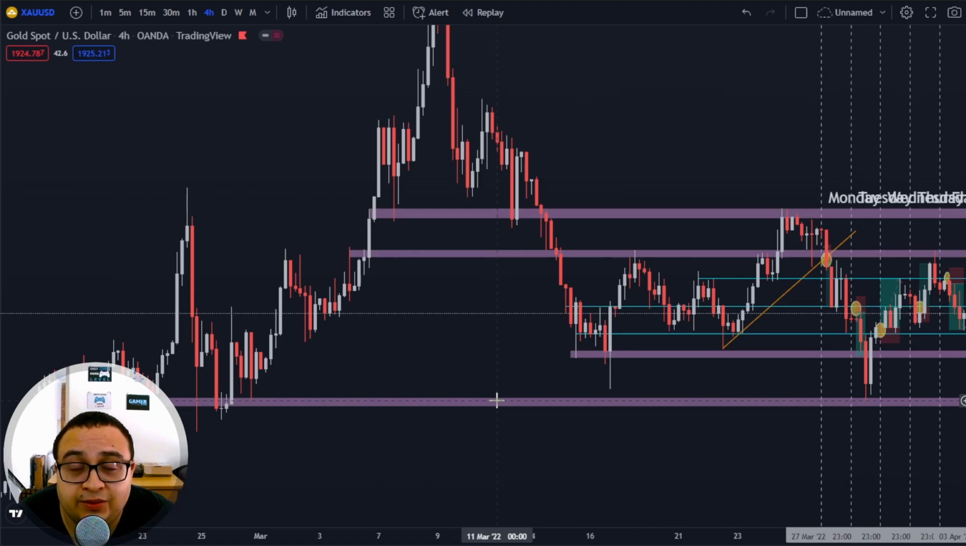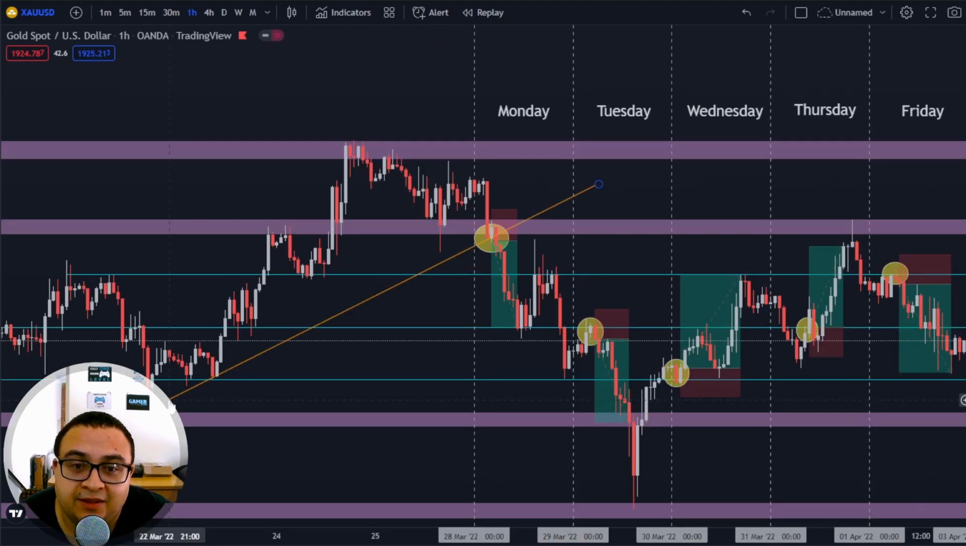Just for some background story, we see these purple bars marked up on the screen. These were key levels that were proven in the past on gold. Going back to the 1 hour time frame, let's take a look at Monday as a starter. So as I mentioned, the purple bars were just 4 hour key levels that we marked up based on the